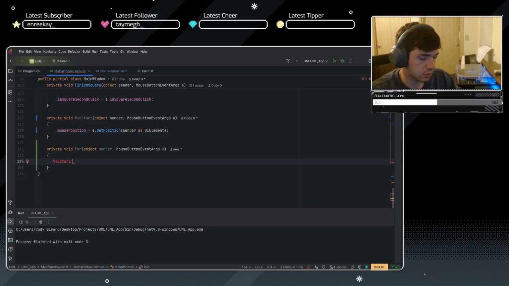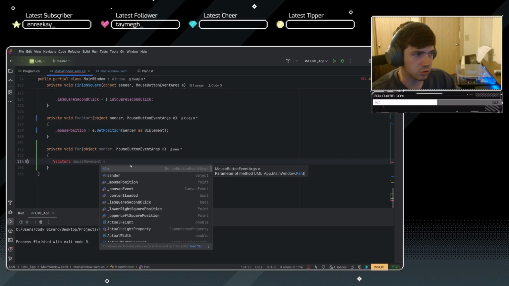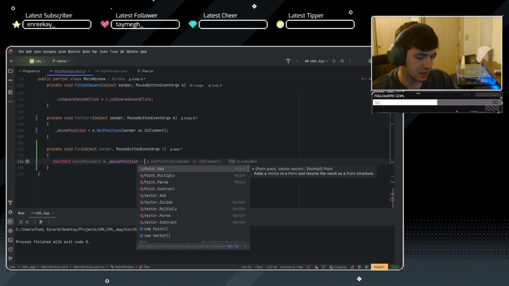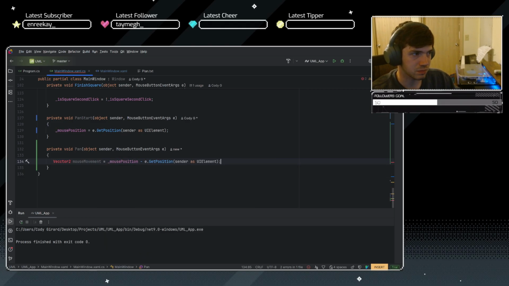So if I do vector 2 mouse movement equals, let's do the original, so we're gonna do mouse position minus E dot get position. Whoa. And then